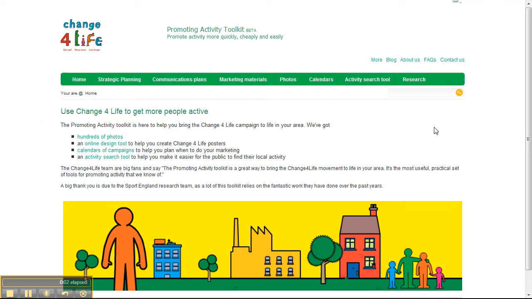Welcome to the Promoting Activity Toolkit. This is a quick tour just designed to show you what's available and how it might be useful. First off, we can see that the Promoting Activity Toolkit is designed to make it quicker and cheaper and easier